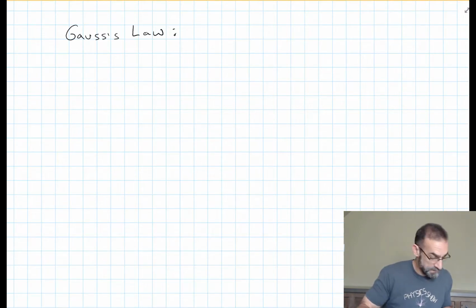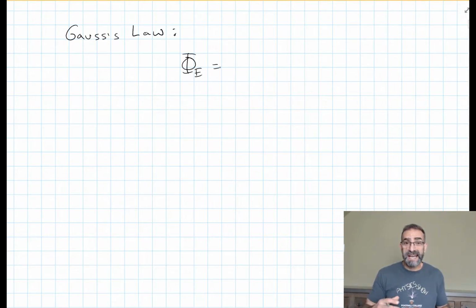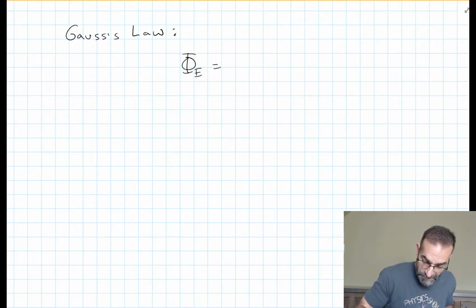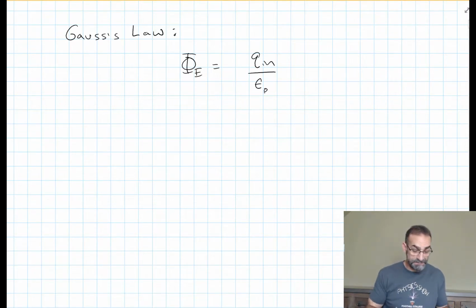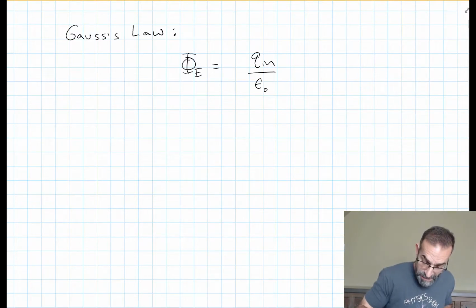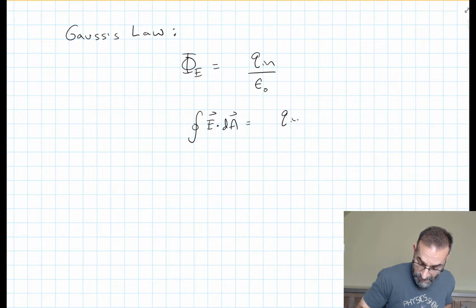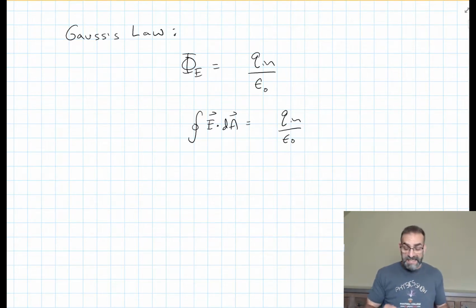Gauss's law tells us that the electric flux through a closed surface is proportional to the charge inside of that surface, and our proportionality constant is epsilon naught. We know what the flux is, the integral of E dot dA. And so this provides that link between the flux and the electric field and helps us find the electric field